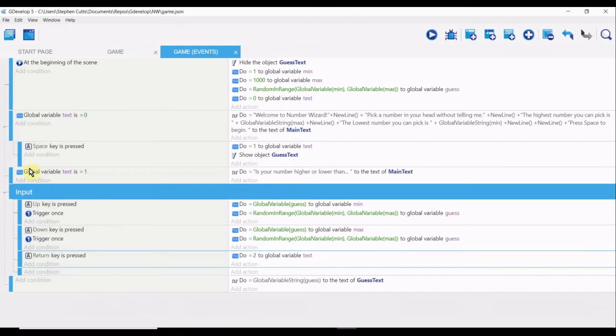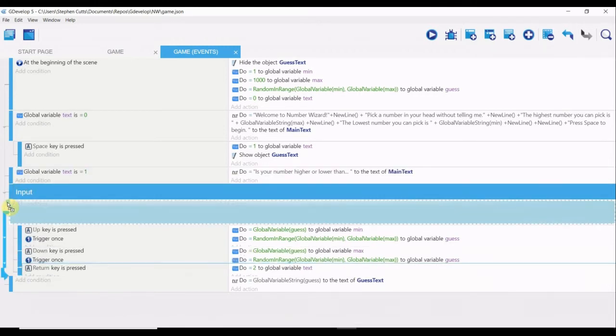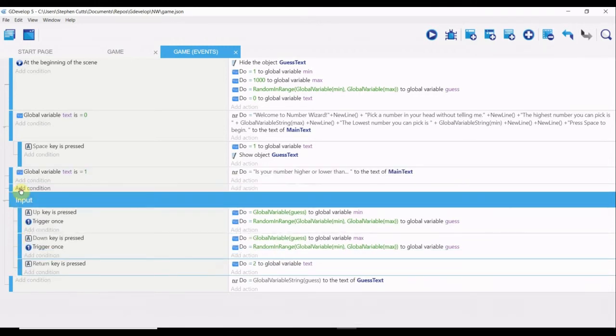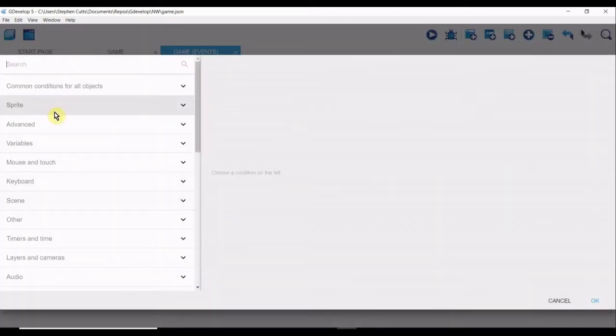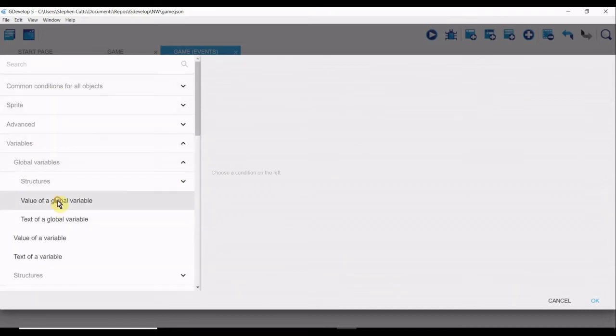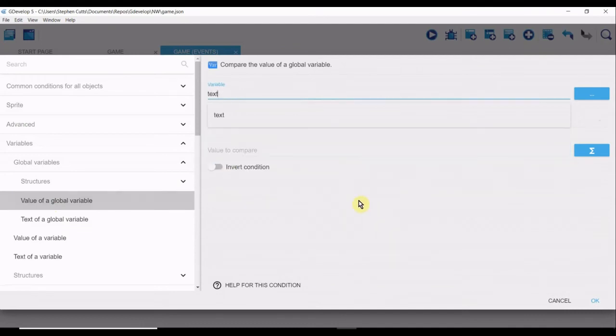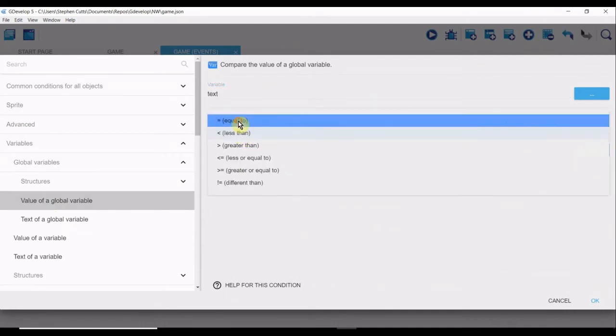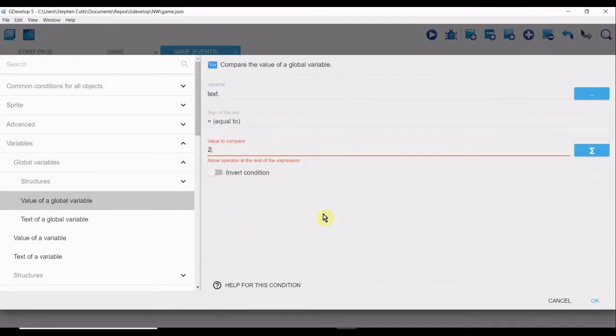Let's put this over here. Okay, so variable, if global variable text equals 2,